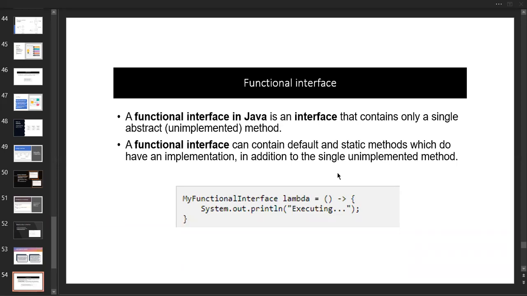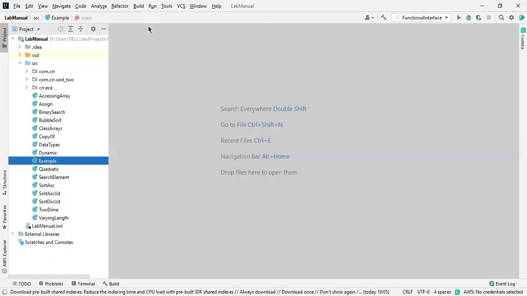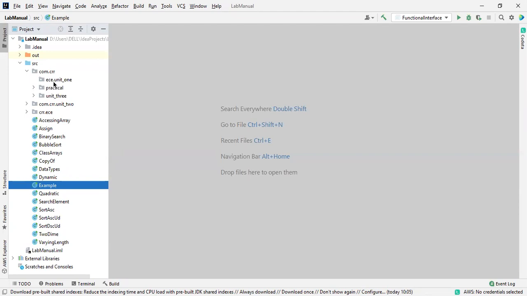And we all know that there is a hyphen and a greater than symbol. Where is that? Yesterday itself, we discussed threads, right? Inside thread, we are having one more object. Where is that one? Let me show you.